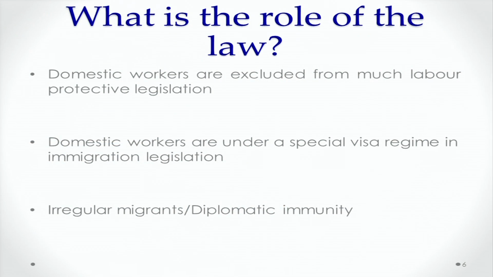Finally, very briefly, diplomatic immunity. These are big issues. Diplomats enjoy diplomatic immunity. Very often, diplomats who come to this country or to various other countries bring with them their domestic workers. But even if they ill-treat them, they cannot be held accountable exactly because they enjoy diplomatic immunity. There are various videos that you can watch online. There was an interesting BBC documentary on this. In these situations, you may see the most serious examples of abuse.